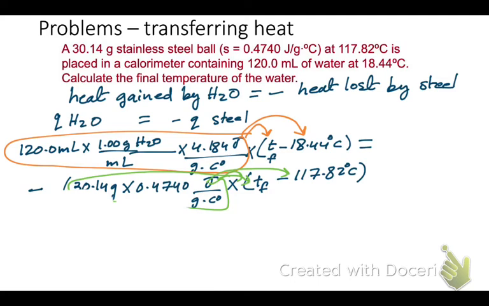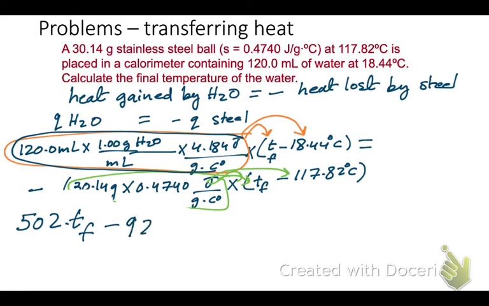So let's go back to step 1 here. So I'm going to multiply these here, and that means I'm going to have 120 times 4.184, and that will be 502 TF, minus multiplying this by 18.44, so that will be 9,260, equals to negative, now the second part, so I have